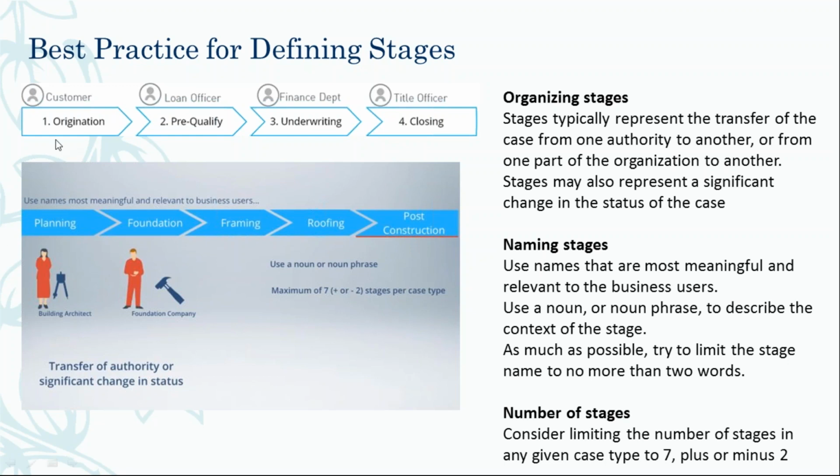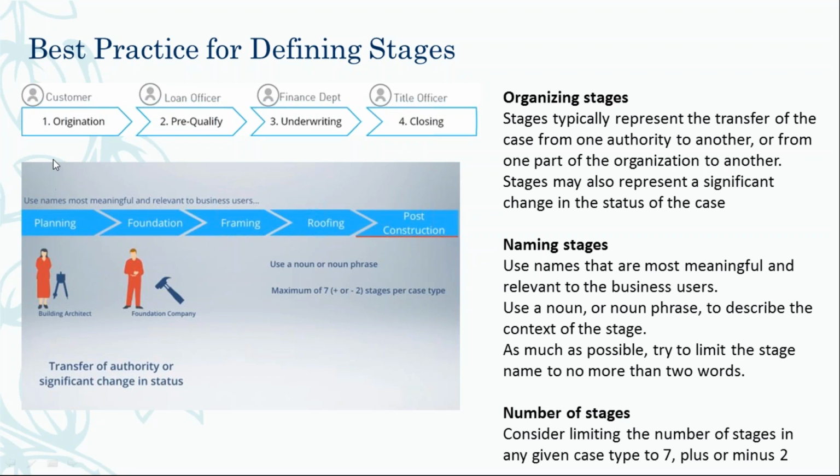Picking an example, there is a loan, and someone is applying for the loan. First it says origination, so we give the customer detail and how much loan is required. Then the next step can go for qualification or verification of the loan, and if it is verified successfully, then it will go to the finance department. He will go to underwrite and payments will be done. And finally, the loan is sanctioned and someone closes your case.